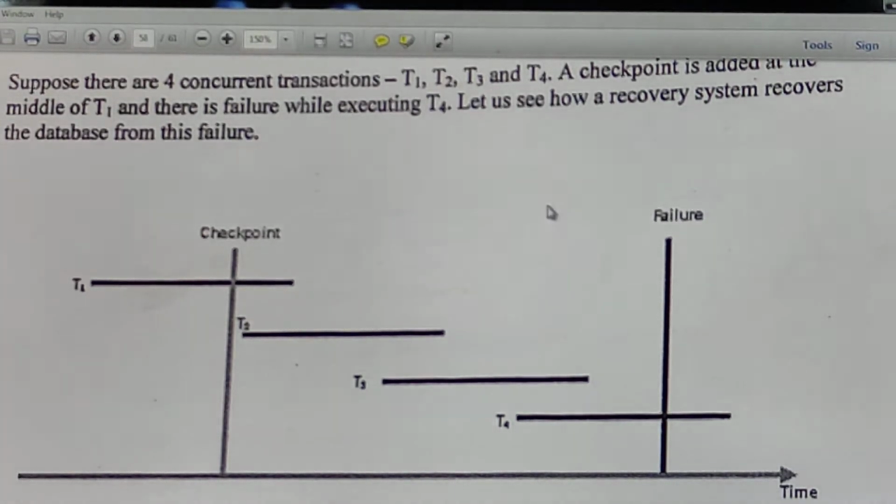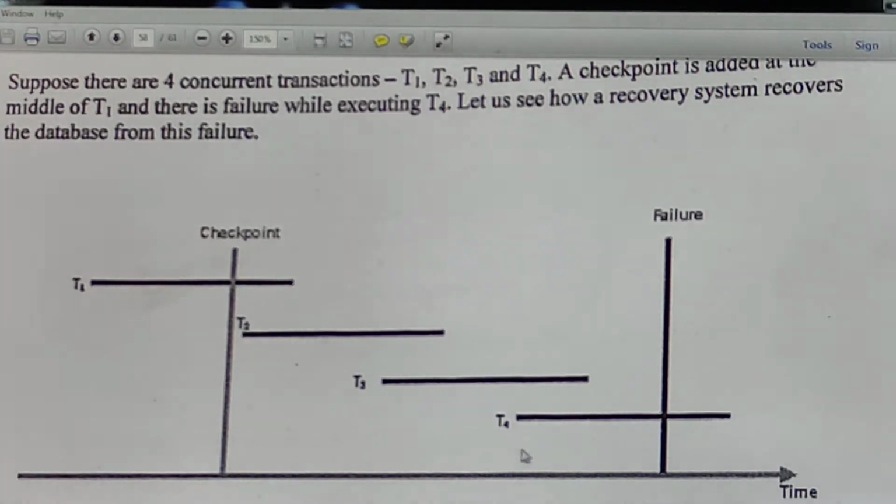After this checkpoint I haven't updated my database, but the changes by T1 I have made till this point. So the changes made here, the changes made here and the changes made by T3 will be written back to my actual database because they have committed successfully.